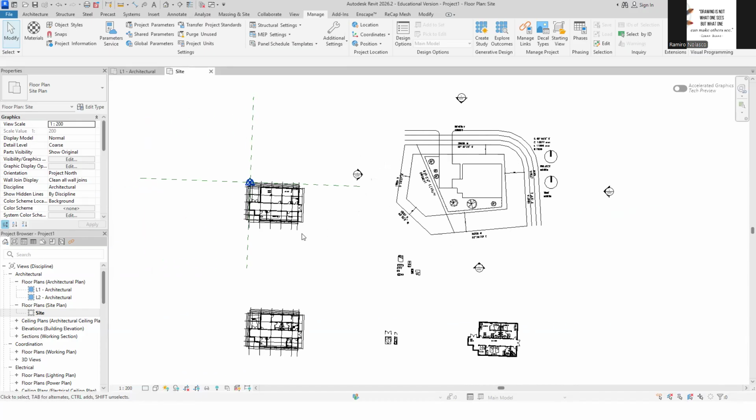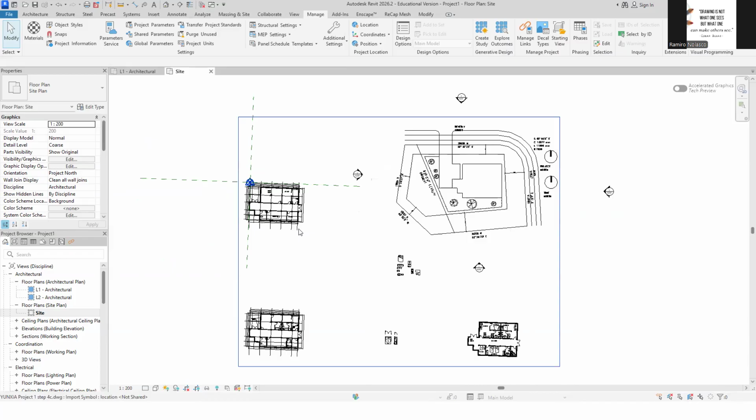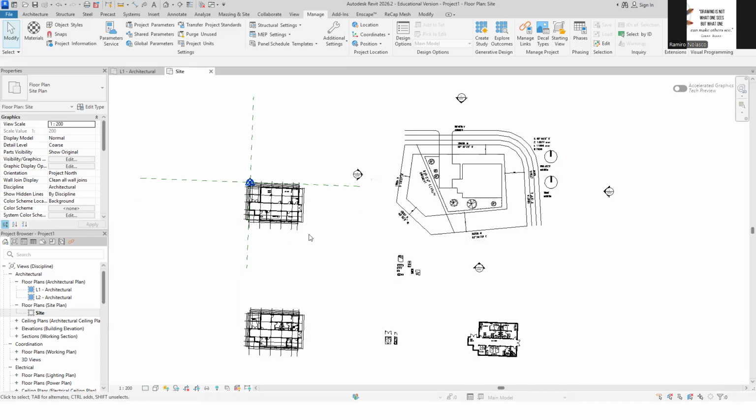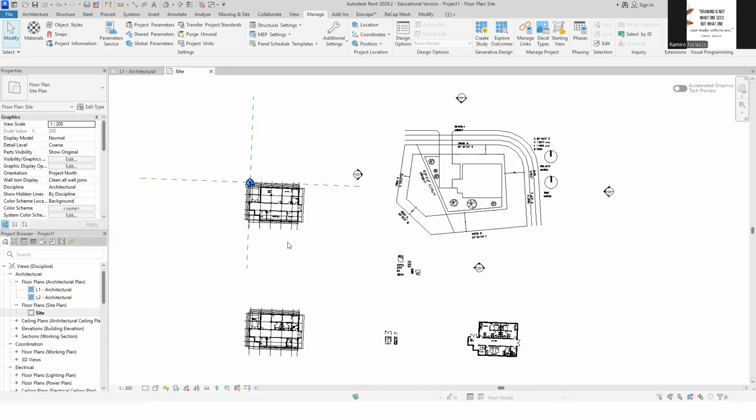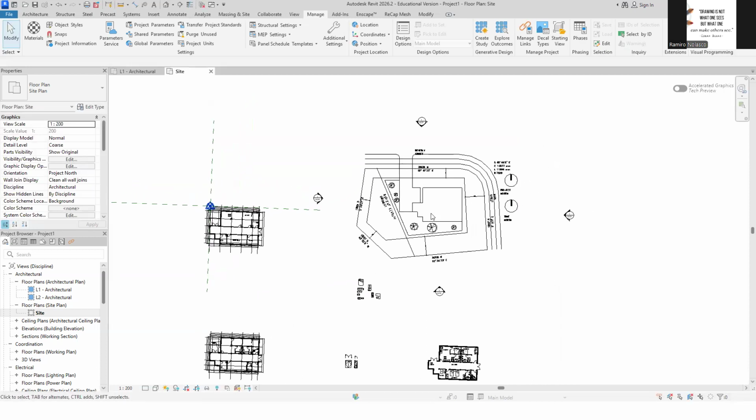Okay. So notice here in AutoCAD, of course, we are rotating it. If you've rotated this, then it would have been rotated as well. Okay. But we can rotate that later. Now, from here, if you want to go back to the true north, remember you are in the floor plan, site plan view.